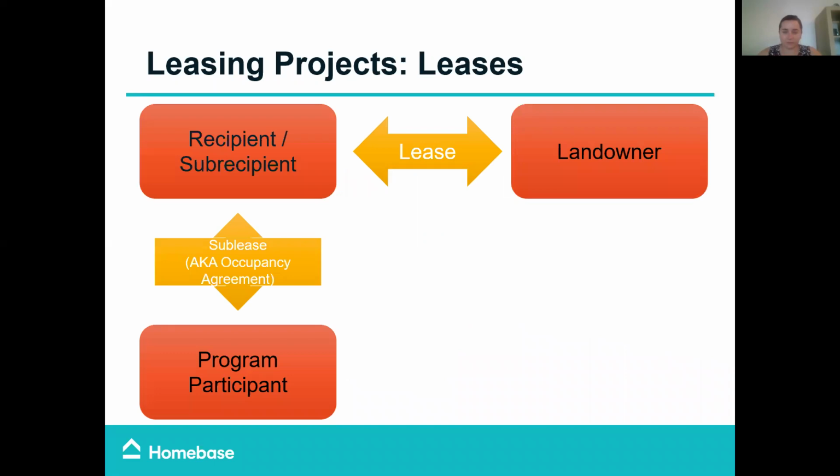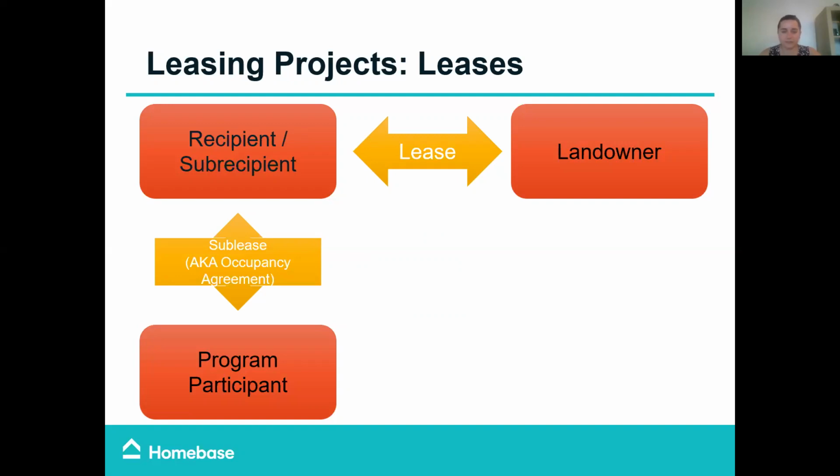Many people think of leasing and rental assistance as synonymous. However, leasing as a concept is fundamentally different from rental assistance. In projects receiving leasing funds, the project, noted on this slide as the recipient or subrecipient, contracts for the space from a landlord. So the project is primarily responsible for the housing or office space if it's being contracted to provide supportive services. If the space is being used for housing, the project goes on to execute an occupancy agreement